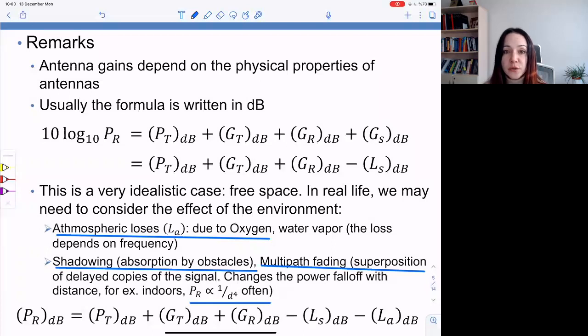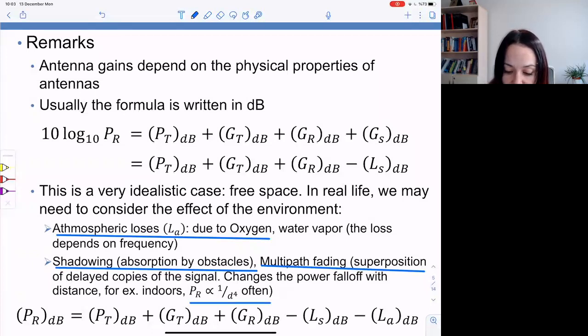Often in real life, power fall-off varies somewhere between quadratic to the 4th power. Okay, but we are not going to really worry about these things in this course. There are other courses in our department that deal with such issues: propagation, radio propagation, radio communication in general,